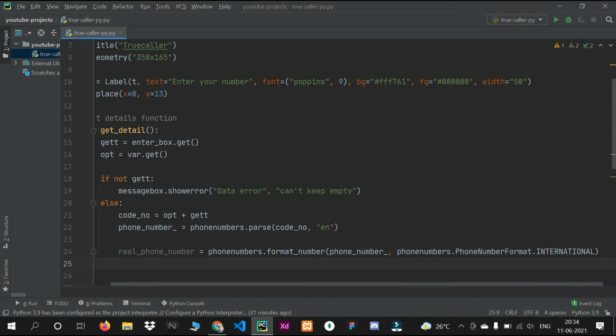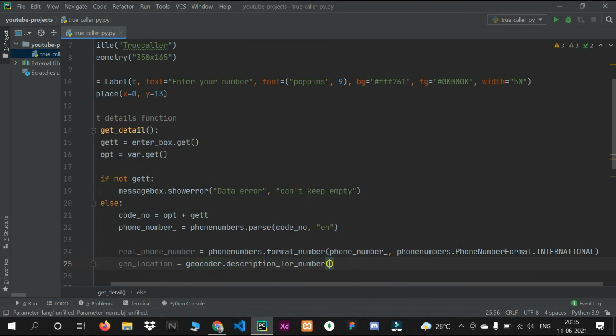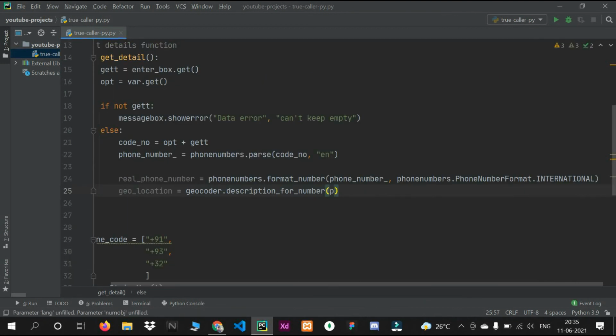Next thing, we want the geolocation of that SIM card. So I will write geolocation, and then we will use geocoder dot description for number, then pass the phone number, and we will use the language here, which is English.